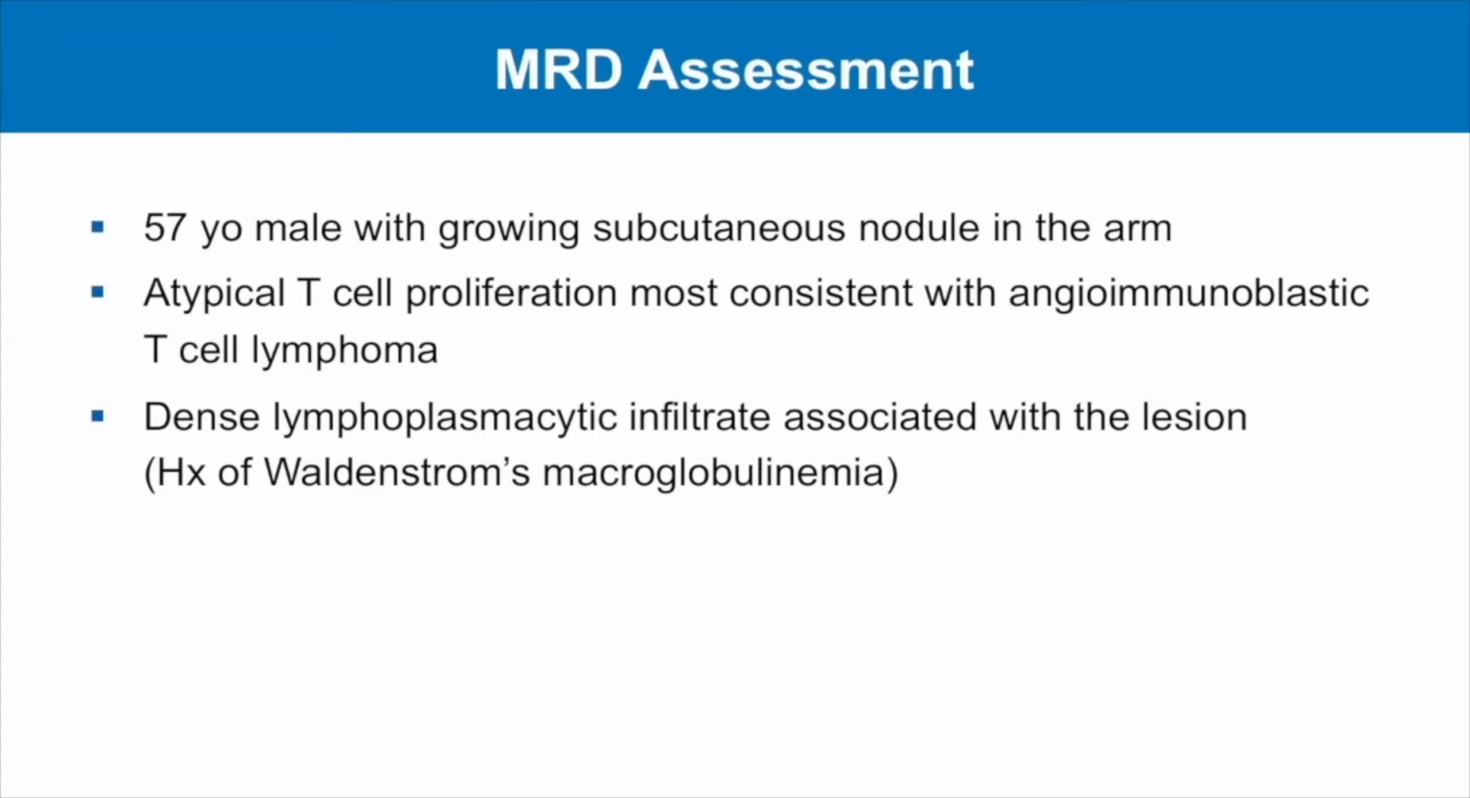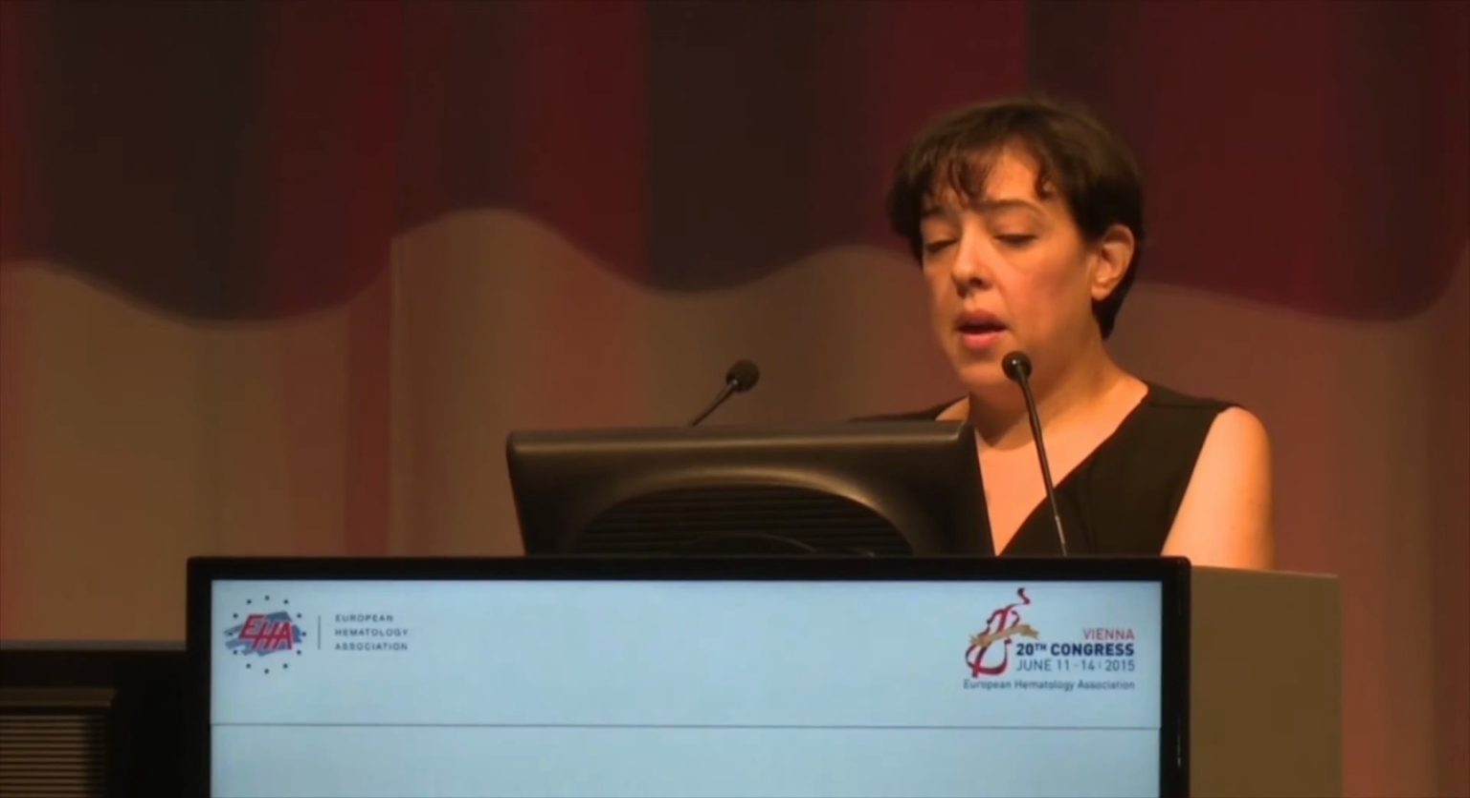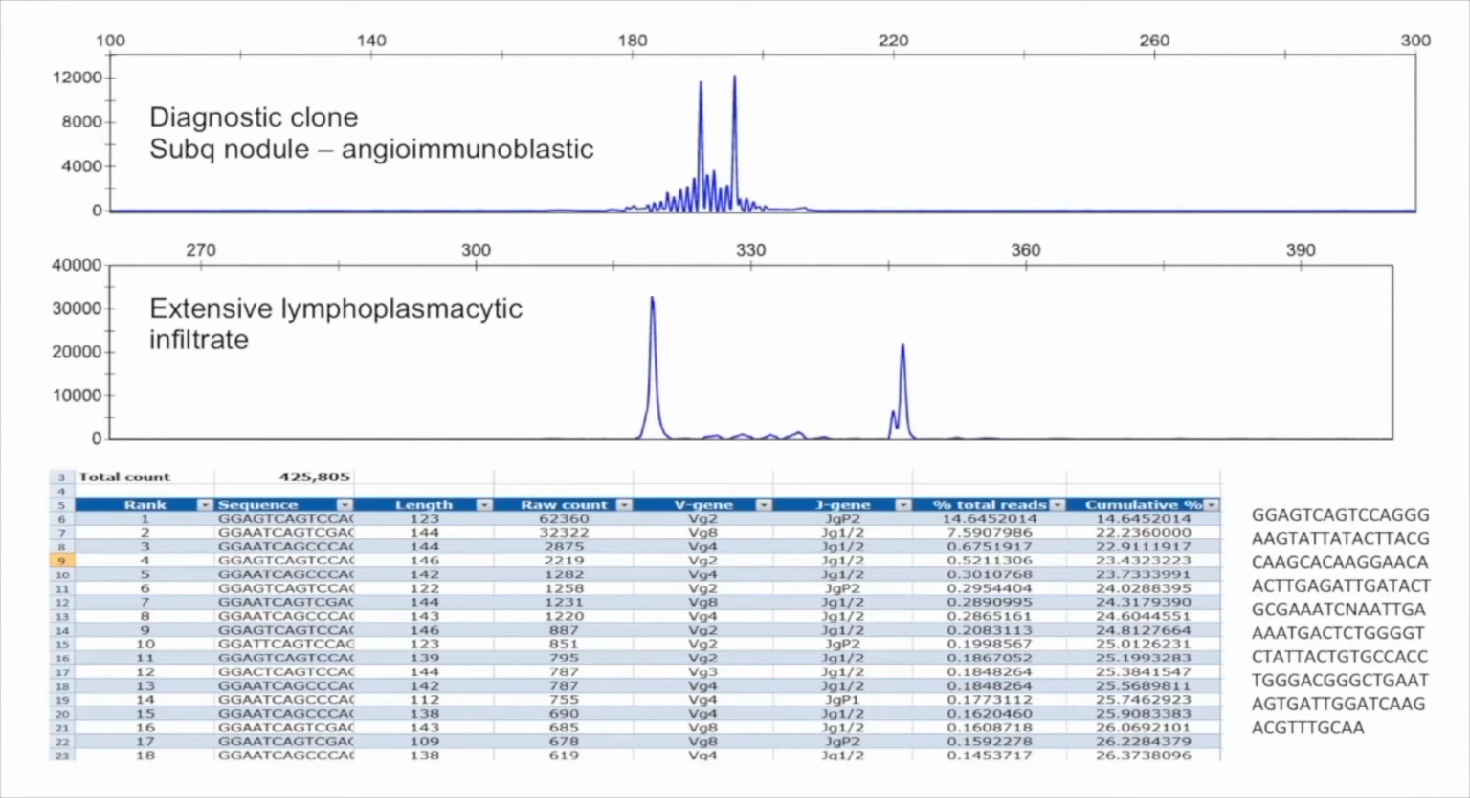In addition to having this angioimmunoblastic T-cell lymphoma, the patient also had this very dense lymphoplasmacytic infiltrate that was associated with the lesion, and this patient also had a history of Waldenstrom's macroglobulinemia. We did have the clonality testing of the Waldenströms before, so we wanted to compare what this looked like. So we did both the IgH and TCR gamma rearrangement studies on this patient, and this is how they look